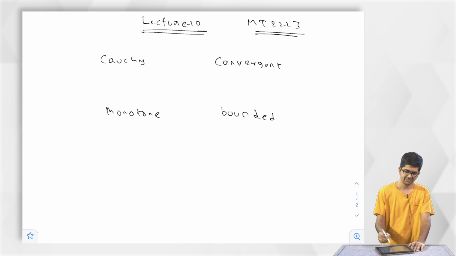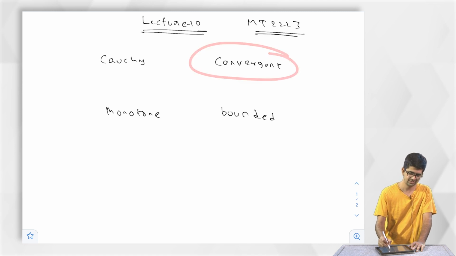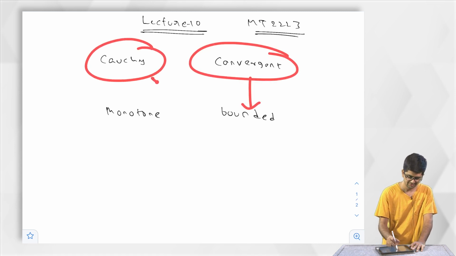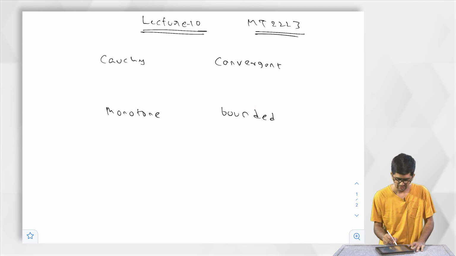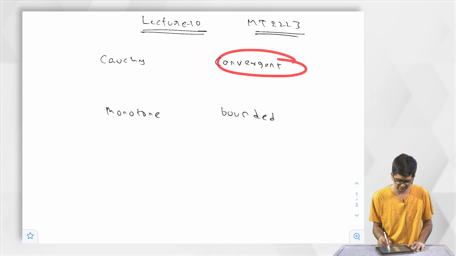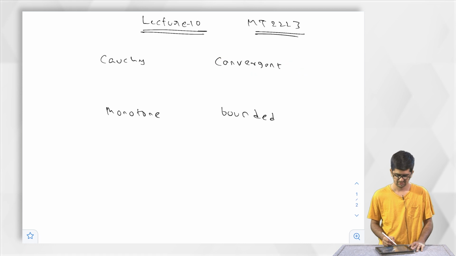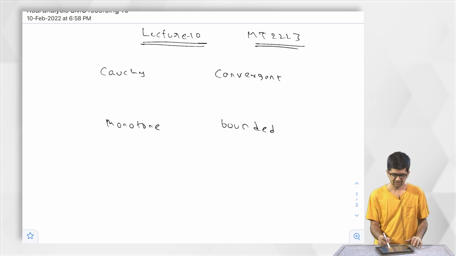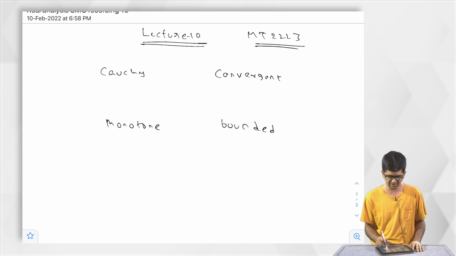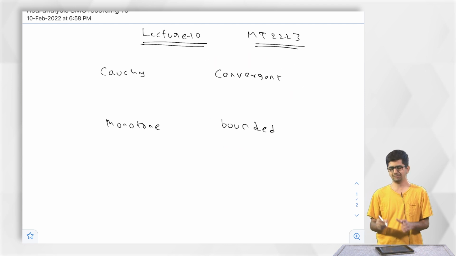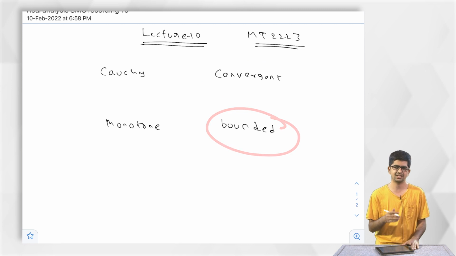What we have seen very easily is that every Cauchy sequence is bounded, and every convergent sequence is Cauchy. That's all we have seen. Every convergent sequence has to be bounded. If I am looking to reach anywhere near being convergent, I should start with being bounded. That should be the starting place.